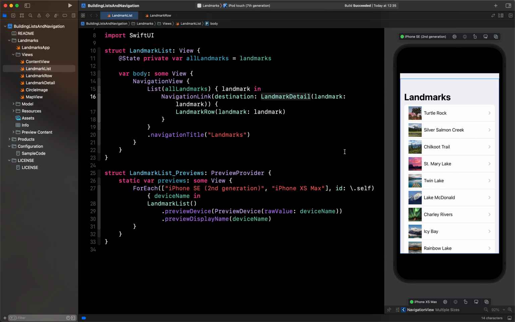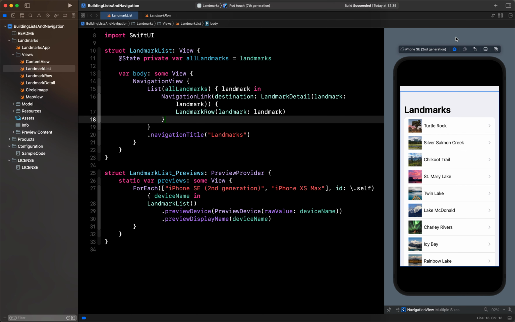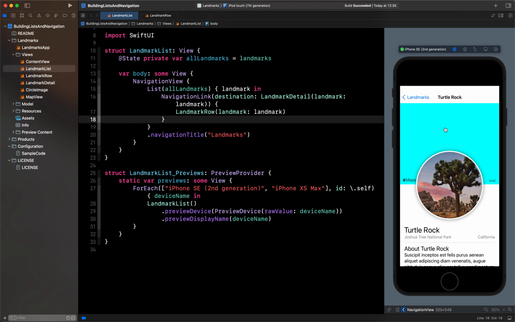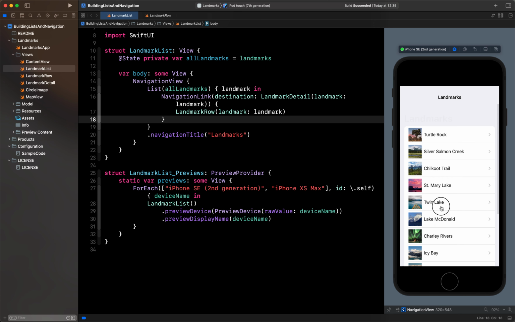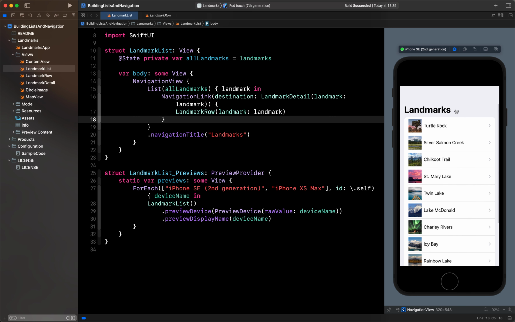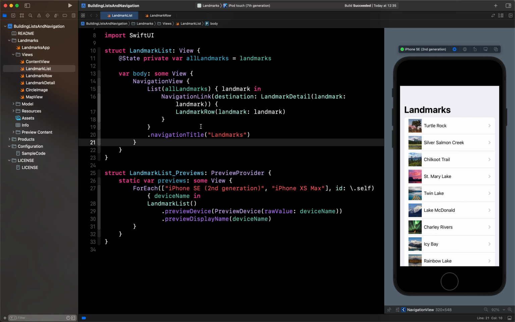So first I'm going to explain what I have here in the code. Basically it's a landmark list view which you can see here at the side. Let me run it, and in this you can see I have all the landmarks displayed on the list, and on tap of one I go to the landmark detail view. So if I tap I go to the detail view, but currently if I just scroll up and down you can see there is no search view in this. So let's add it. To add a search view we have to do two things.